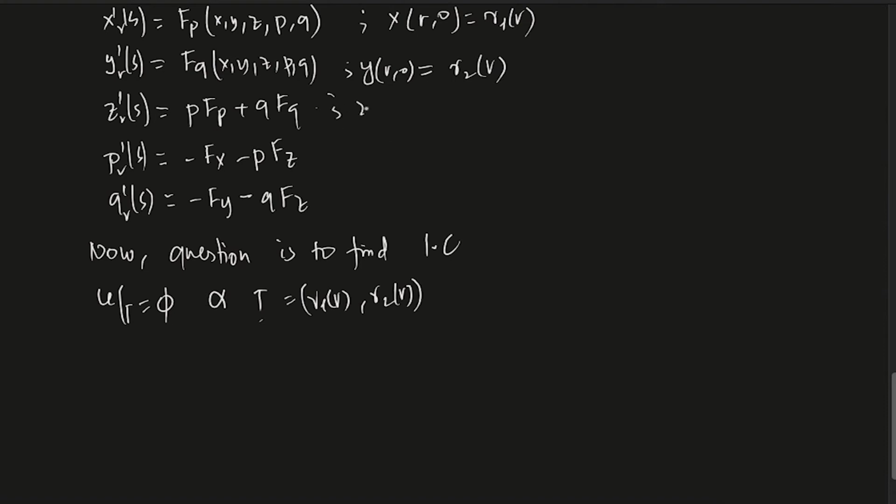And similarly z at the point r0, so this is s equals 0. How will I write it? It is z at the point on the curve gamma, right, at the point r0, so that is phi. So this is given by phi of r, clear? And now I do not have information on these two. This is what we need to find.